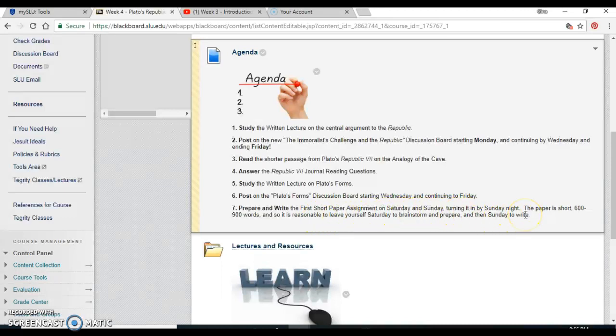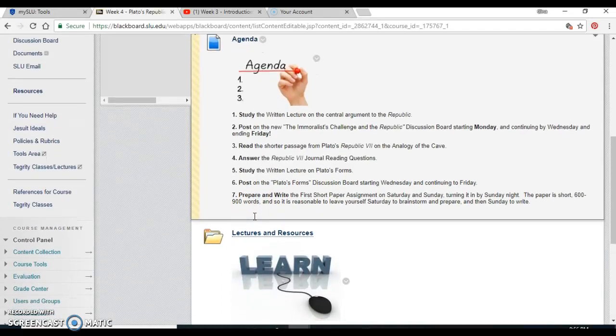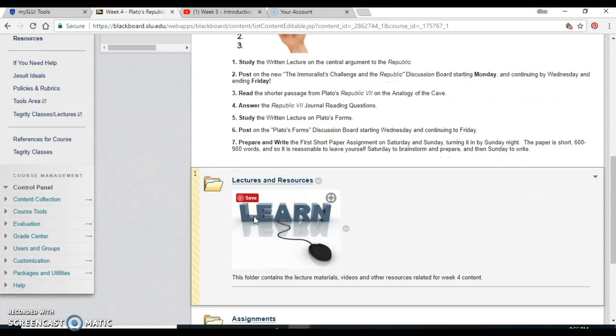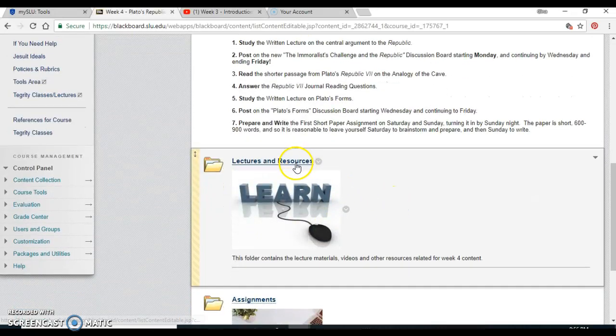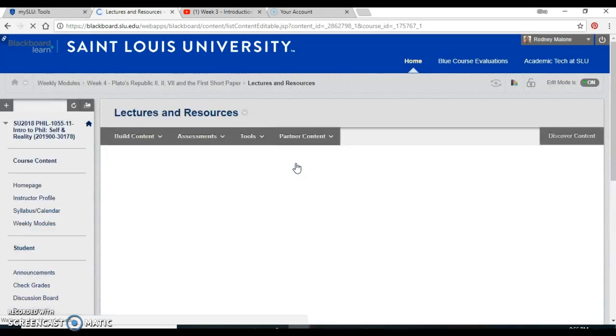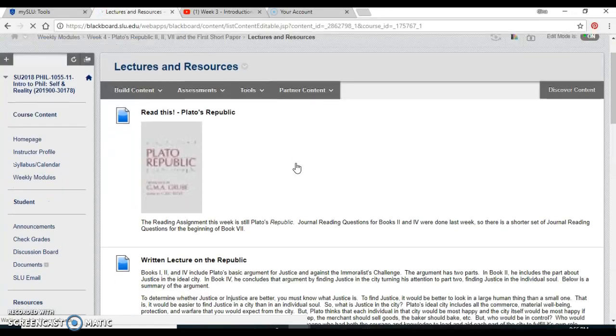And again, this is short. It's only 600 to 900 words of text, and that is not a lot of time to get your argument out there. So make sure you get to the point quickly and that you take into consideration all the relevant objectives. In order to accomplish this agenda, the resources, again found in the lecture and resources folder,